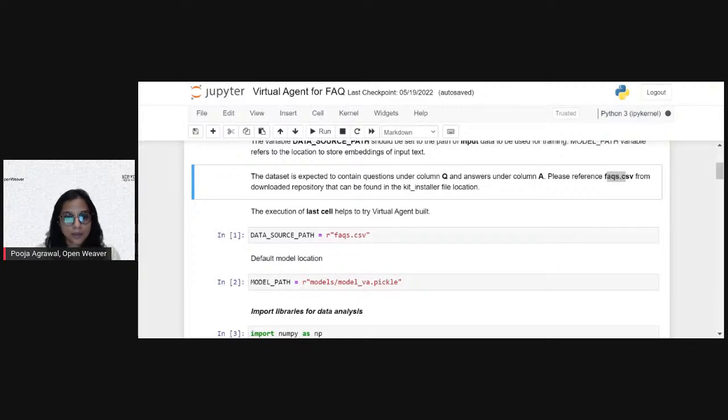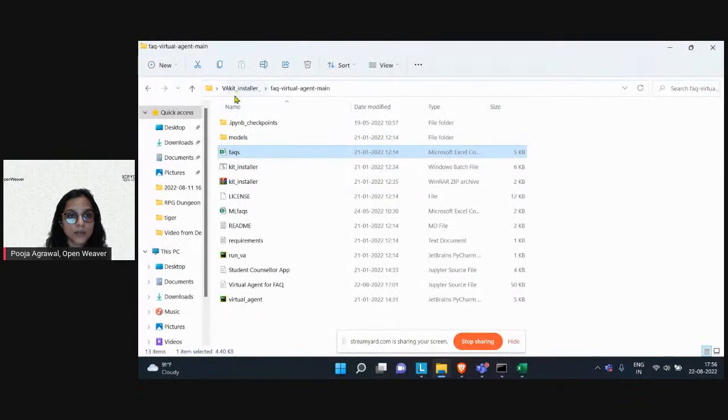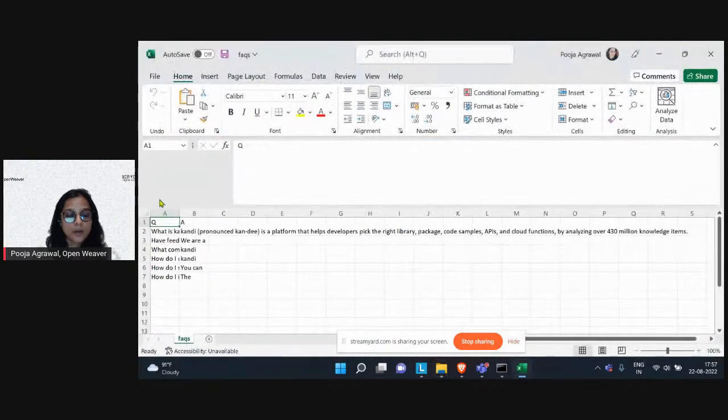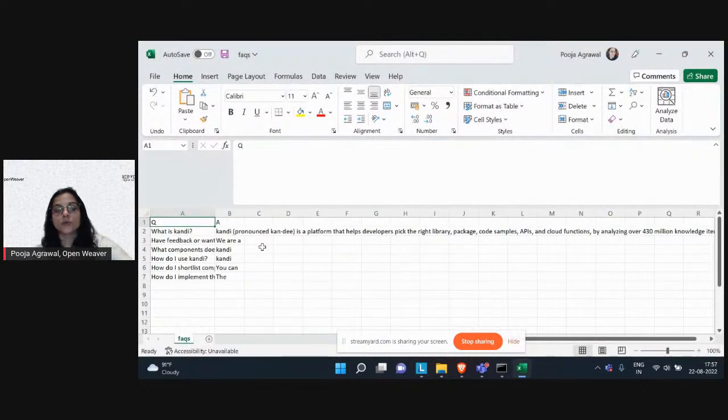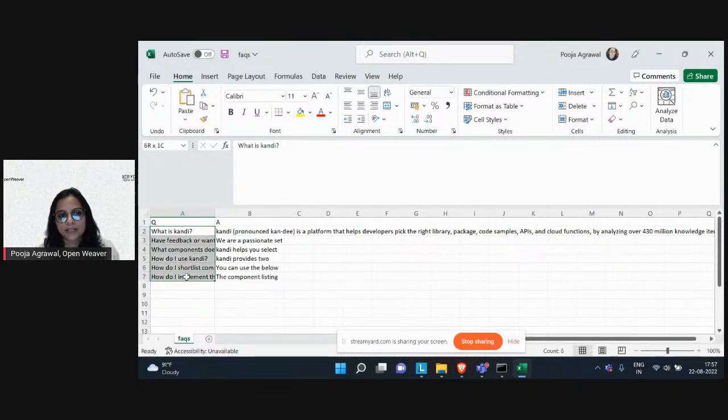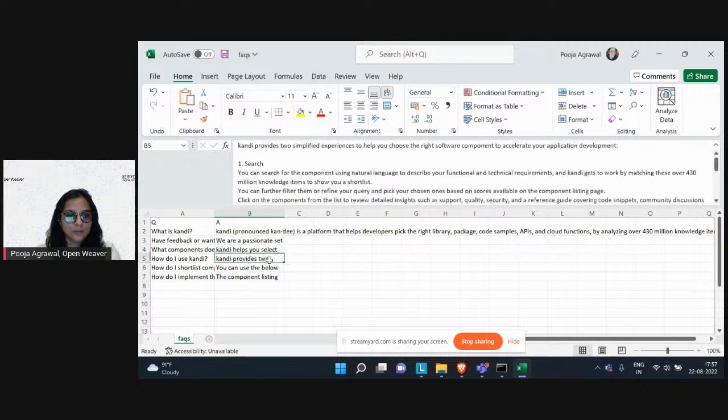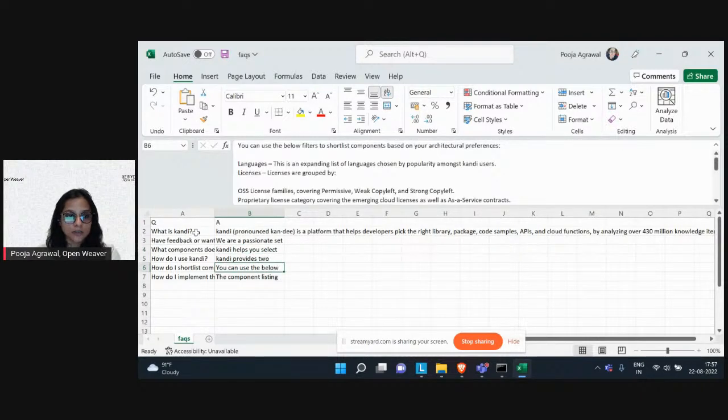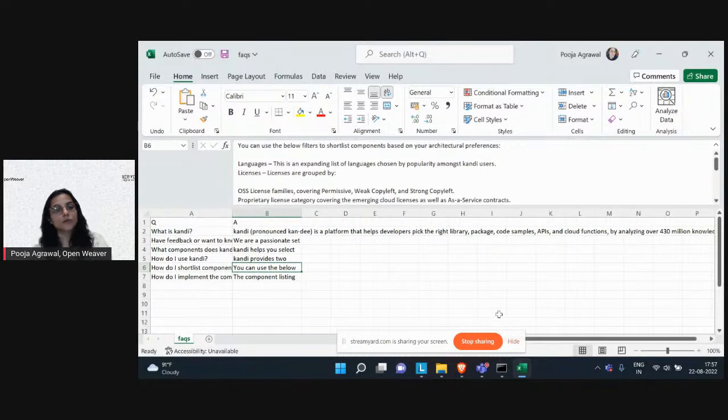Open it. Sorry, let me reshare my screen, please. Okay, I'll just reshare my entire screen to showcase that within the folder where you have installed the entire kit, go ahead, check out this FAQs. Within this FAQs Excel, this is your frequently asked questions dataset. Very, very simple, very, very small that we've kept currently, where you just have these 6, 7 questions, and there are some long, small, short, whatever answers the required question for our product. But you can do similarly for your own product, say your own project.